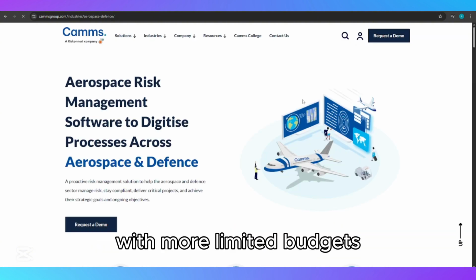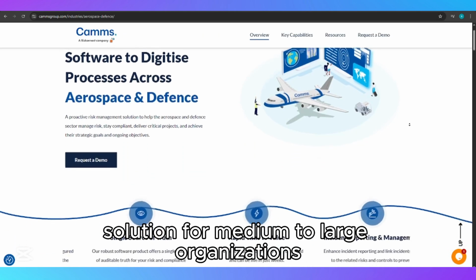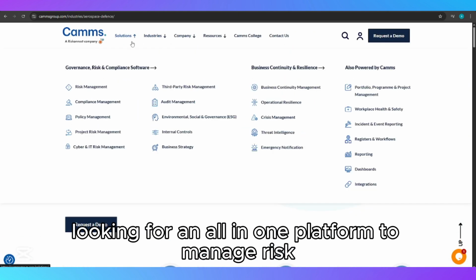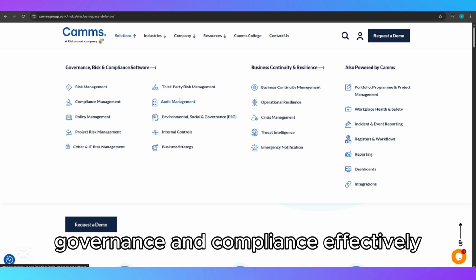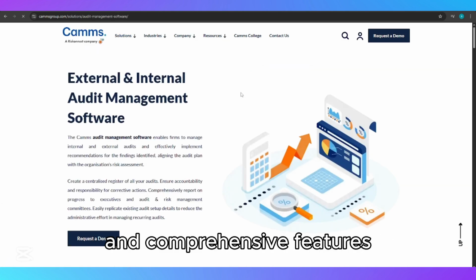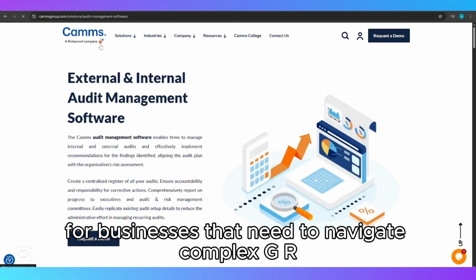more limited budgets. In conclusion, CAMS is an ideal solution for medium to large organizations looking for an all-in-one platform to manage risk, governance, and compliance effectively. Its scalability, data-driven insights, and comprehensive features make it a top choice for businesses that need to navigate complex GRC